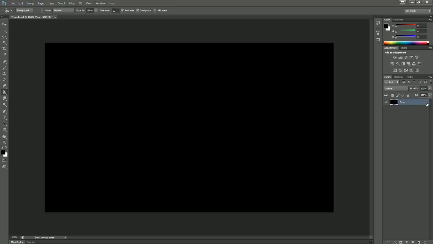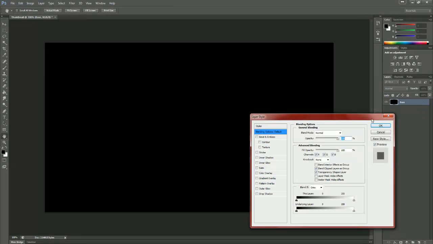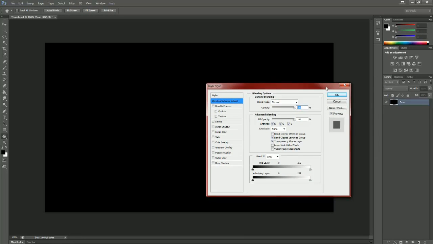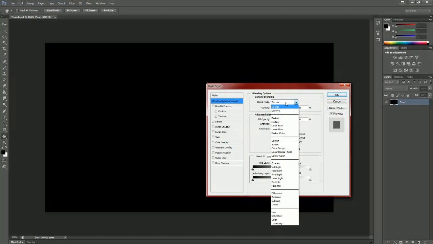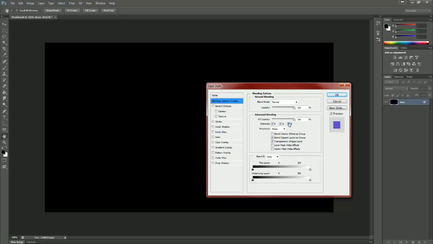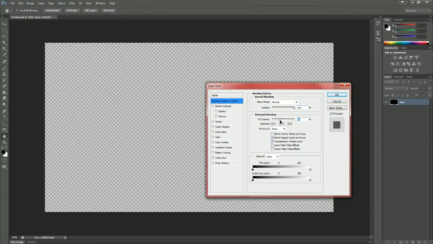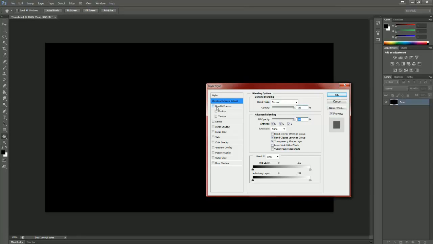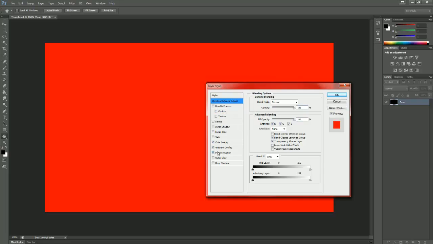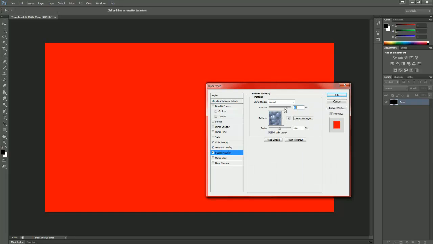Now, you can tweak a few things with the background. If you double click over here, this window will pop up. It's called Layer Style window. So you've got all these different settings that you can tweak and edit, and it's something you sort of need to teach yourself. I mean, you can watch videos and learn it that way, and screw around with settings and stuff, transparency and fill opacity, all that kind of stuff. But I usually leave the background as just pure black, but you can do stuff like color overlay, gradient overlay, and pattern overlay. And if we set the opacity down on all of these,